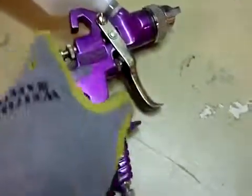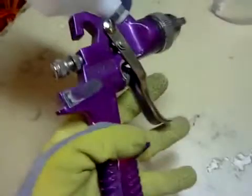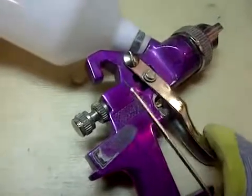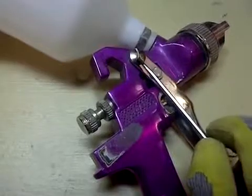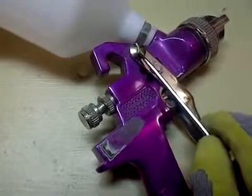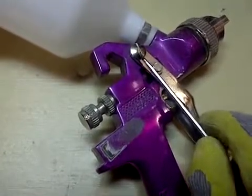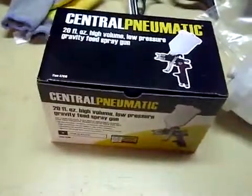I'm going to do just a quick review on this, and it's kind of like an update because I've obviously been using this, and thank goodness I found the screw for it, and I think I'll still use it. There's nothing wrong. When you're spraying and pulling the trigger all the time, it comes loose. But fortunately, I found this in the basket where I keep all my general painting tools, and so I put it back together. So I was thinking, well, now I don't need my new one. Let me take this one back. So I took the old box back,